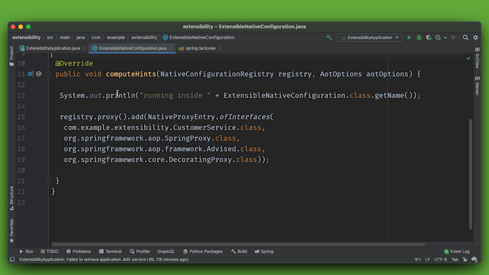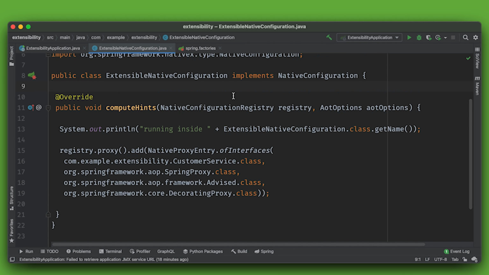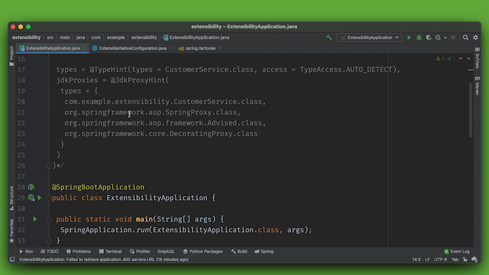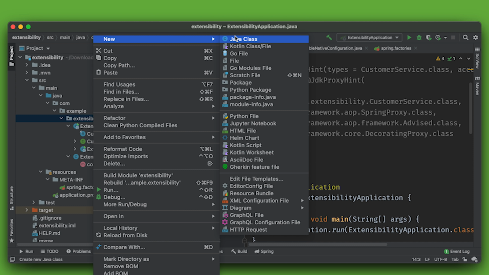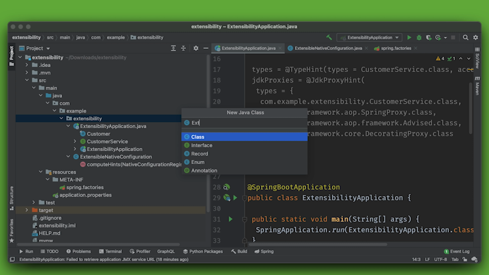What you're dealing with here is a registry, and you have access to the code, but really you don't know what types you've got there. You don't know what you're dealing with. So it's not great. This is fine. It was the old way, but there's a better way now, right? And that is, you can create a type like this. You can create extensible native